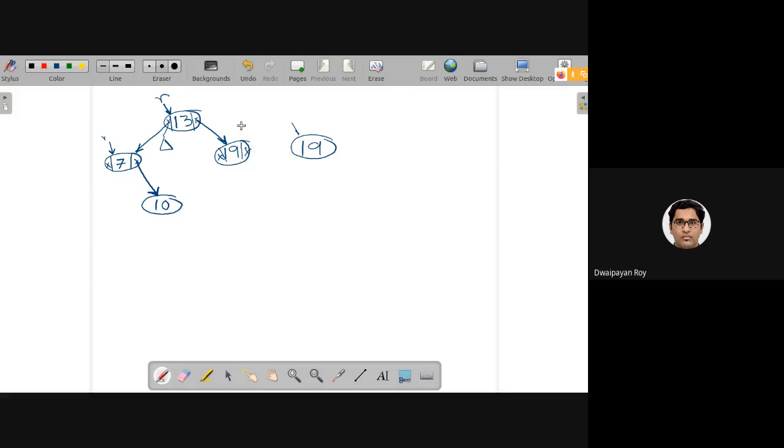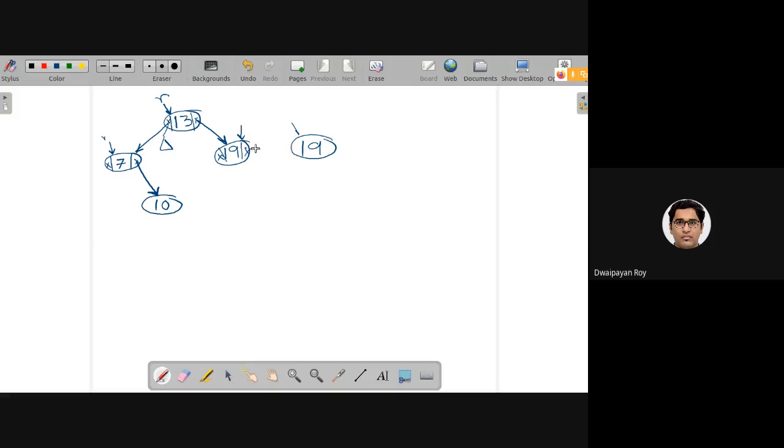So if I want to add 19 again, we start searching from the root. First of all, 19 is greater than 13, so I need to go in the right subtree. The new root is this. Now the new root is equal to the value that I want to add.